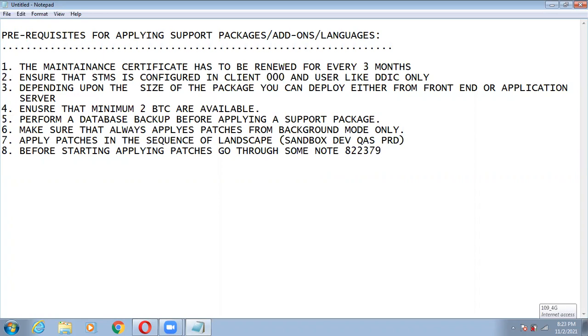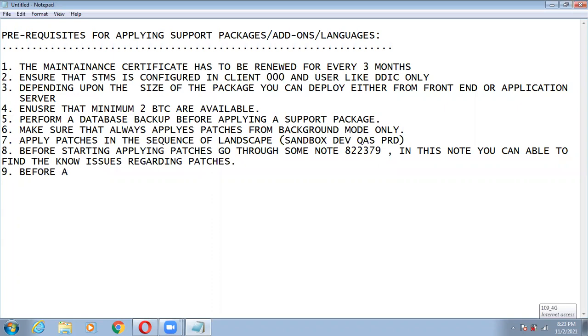In this note, you can find the known issues regarding patches. If you come across some issues, it will be handy for you while applying the support packages, add-ons, or languages.